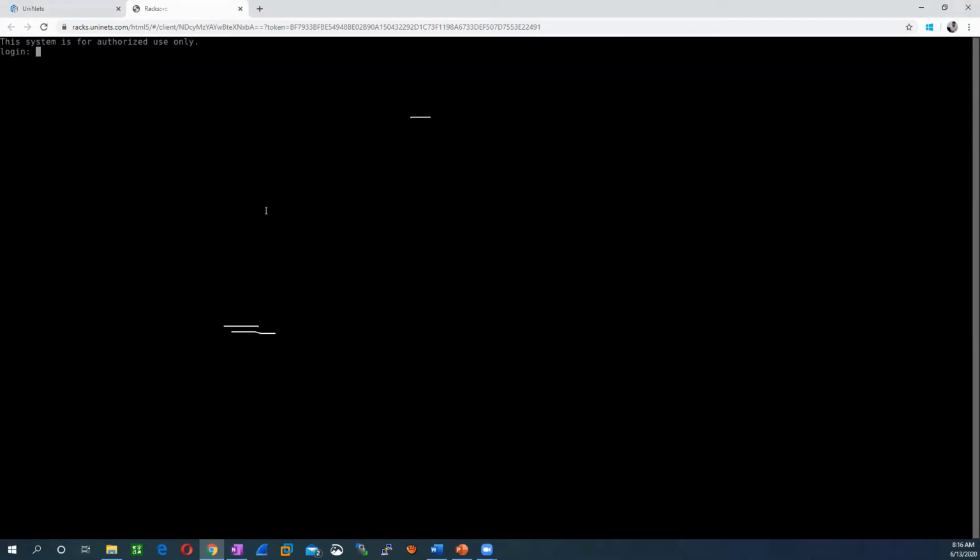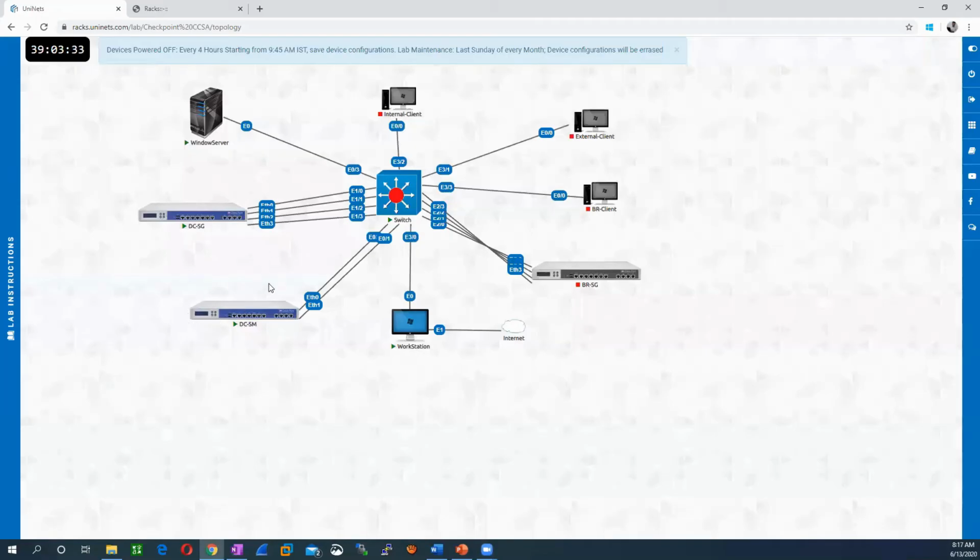So it is opening in the next tab. Okay, so I have just logged in on the management server.